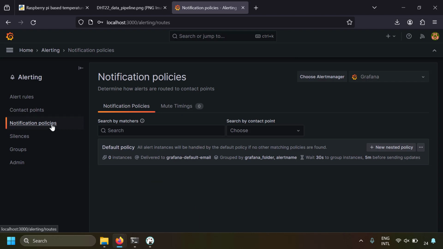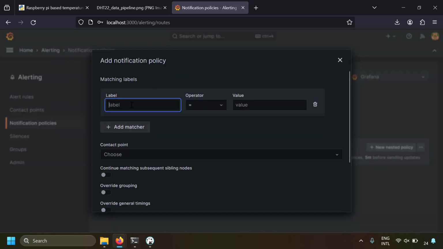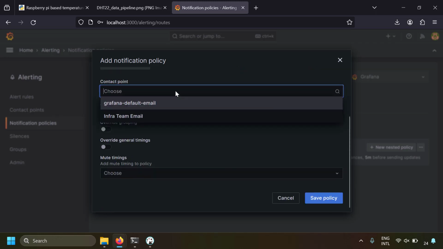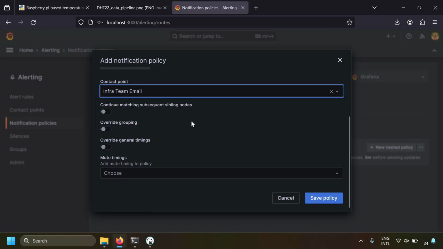So here in the notification policies, click on the new nested policy and use the label which you have used, so team equal to infra. Any alert rule which has this label team equal to infra will be applicable for this notification policy. We have already created an alert rule with team equal to infra, so our alert rule will use this notification policy. And we're going to choose the contact point as the infra team email which you have just created, and just